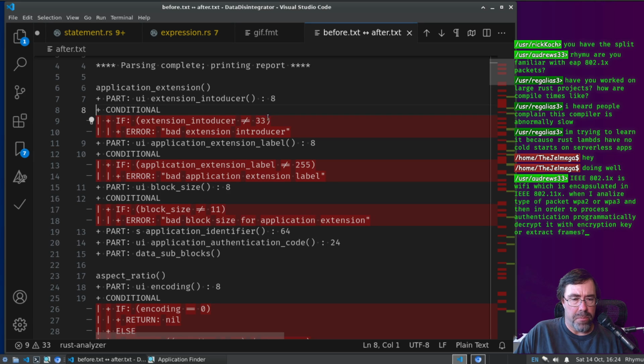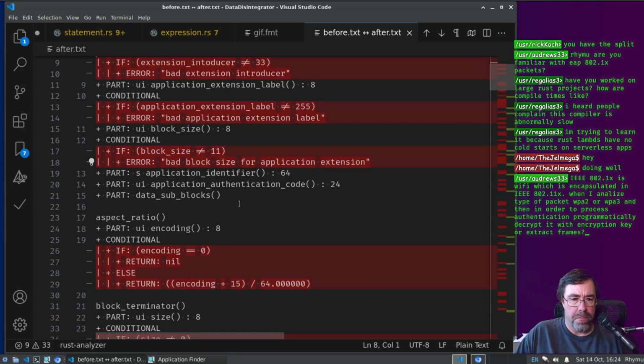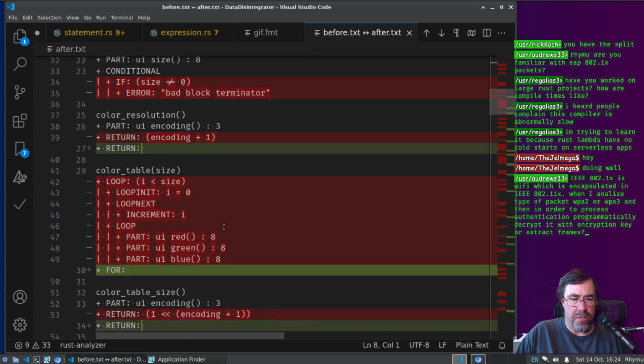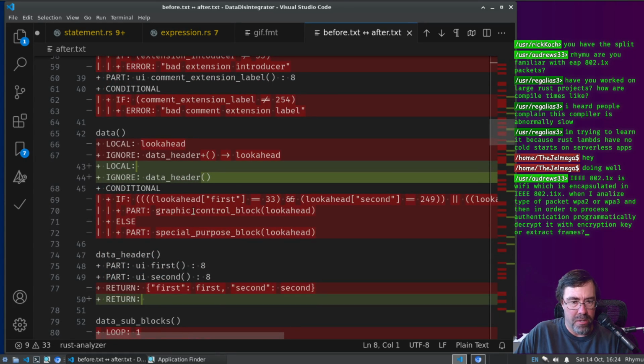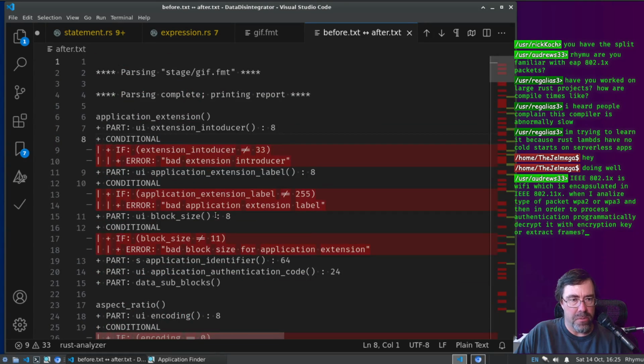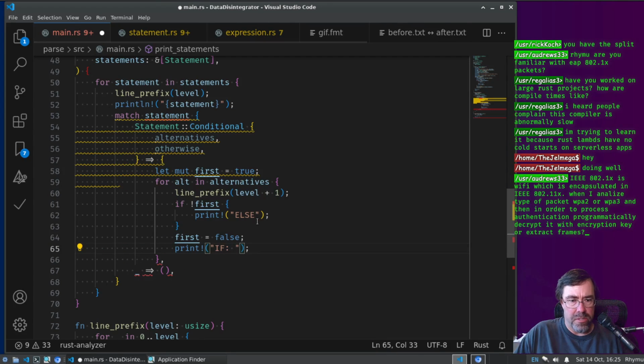I forget, do I put parentheses around every expression? I don't think I do, but I think I do actually. I think the parentheses are around every expression on purpose, so that means expression will take care of it. So all I need to do here is just say